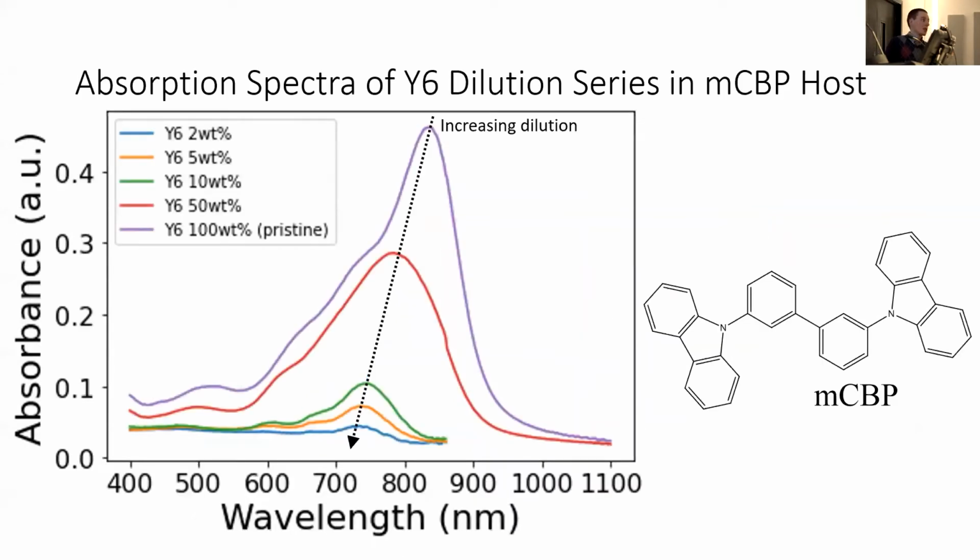Solar cell with materials in the solid state. So these are absorption spectra of Y6 in the solid state from 100%, so just a pristine film of Y6, diluted then in a solid host, which is MCBP, which if anyone knows about OLEDs, you'll probably be familiar with that host. And the key thing to see here is that as you increase the dilution, so you dilute it more,